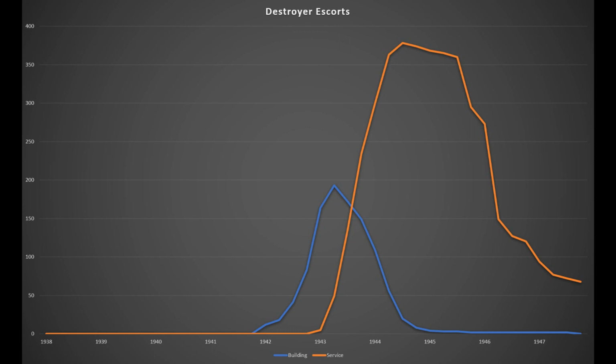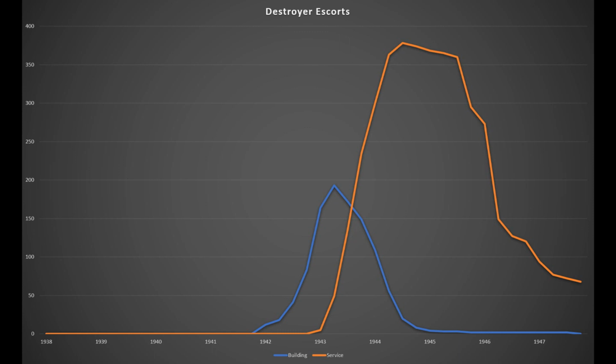Where that decline in numbers in the latter part of the war comes from is actually a fair number of them being converted to APDs, the fast troop transports that I mentioned earlier, and a few others being taken offline for various other reasons. But then you hit the end of the war, quarter 3 of 1945, and you can see the numbers